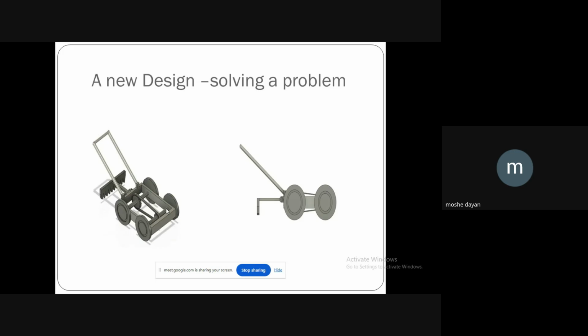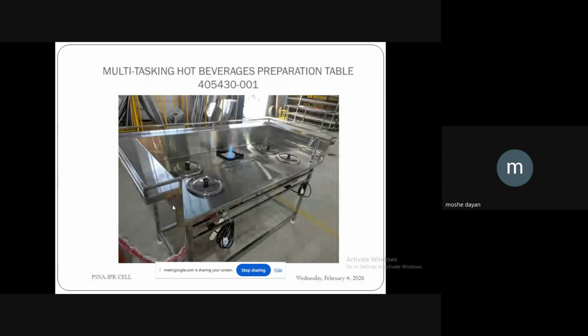Normally when farmers want to dry paddy, they use their legs to spread the heaped paddy. This is one particular design we recently got granted, and it has smooth buffed wheels, so that when they run it over the heap of paddy, it spreads the grain automatically. Simply, it is called a grain spreader. It has smooth buffed wheels so that the paddy will not break, and we can hover over it smoothly and spread the grains easily. This was done by our mechanical student, for which we received a design patent grant.